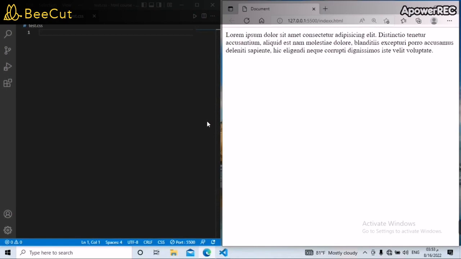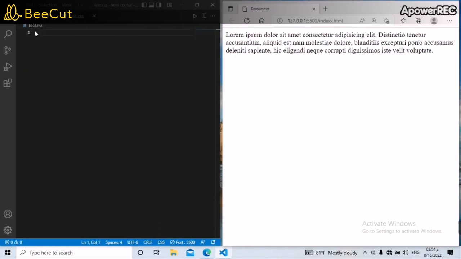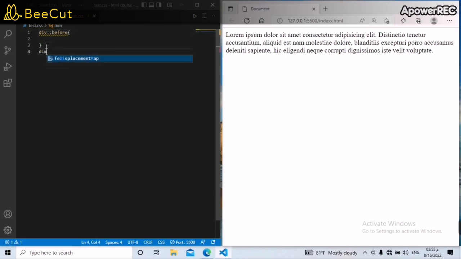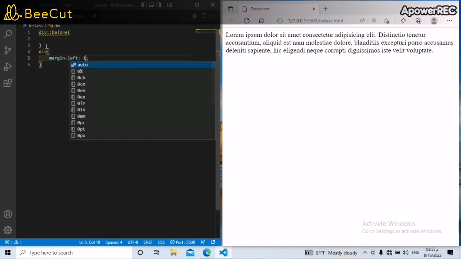And after that, let's learn what is the content which we use with the before and the after. And here we go. So first, let's call our element, which is div, and then let's use before or the after, but I will use the before. 2 colons and then before. And let's make the margin left 10 pixels